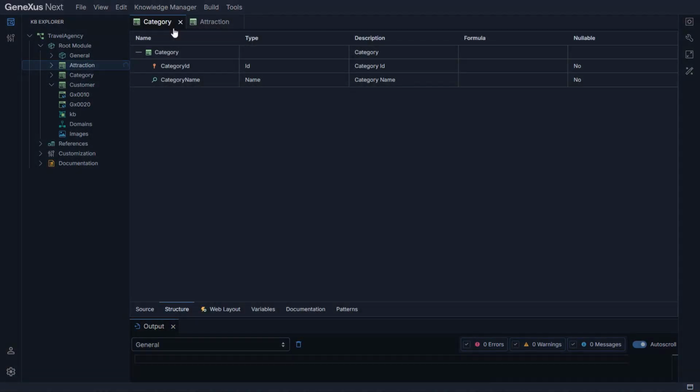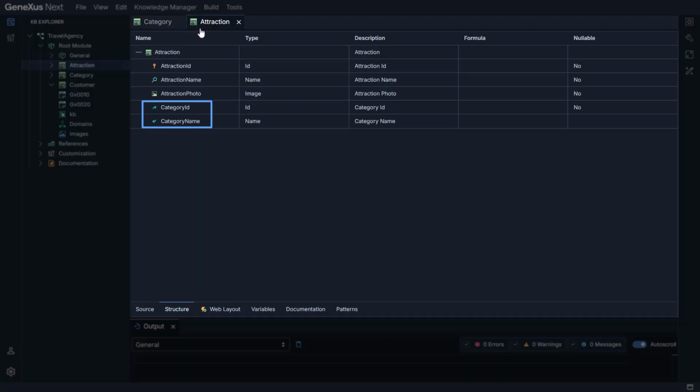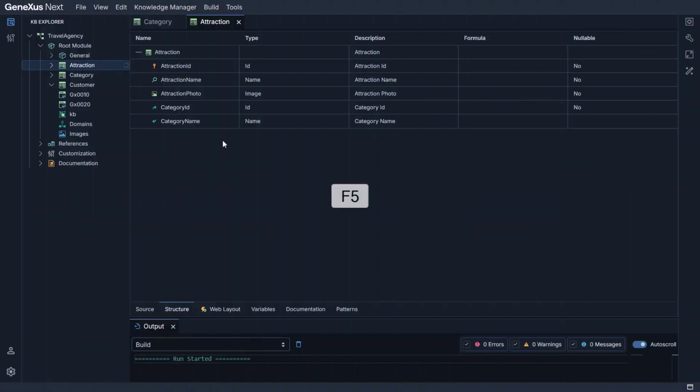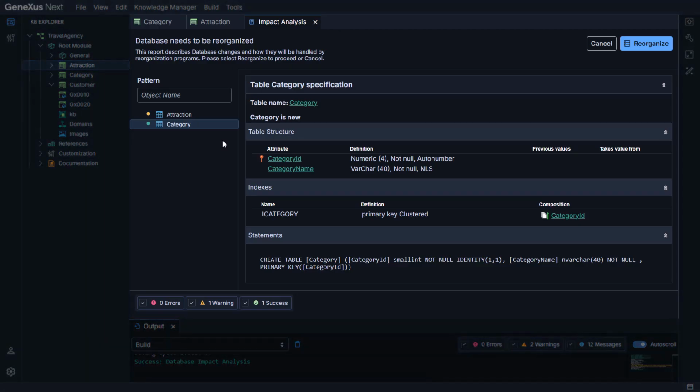In the previous video, we had created the category transaction and added category id and category name to the attraction transaction structure. Let's see it running. F5. When analyzing the impact caused by the new definitions, GNexus informs us that it will have to create in the